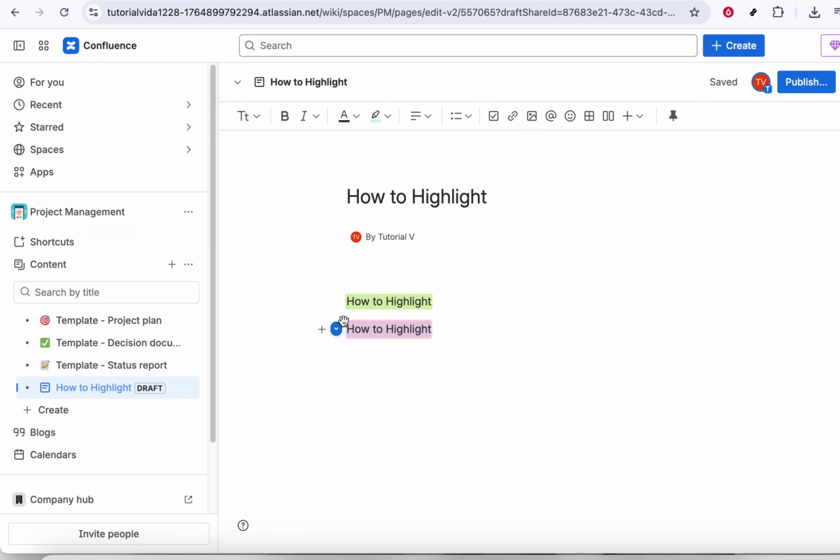For example, you might use yellow for general emphasis or a different color to categorize information, such as action items, warnings, or important notes. Simply click on the color you want, and Confluence will immediately apply that highlight to your selected text. After selecting the color, click anywhere outside the text selection to deselect it and see how it looks